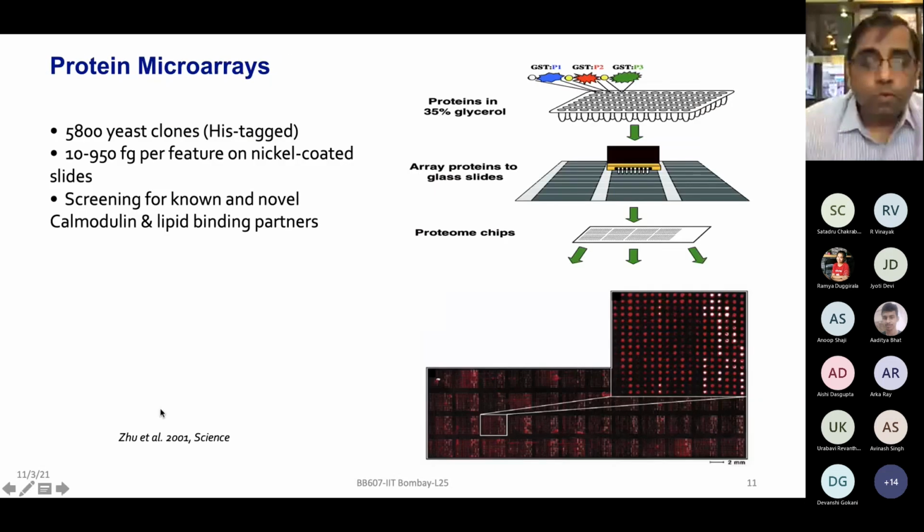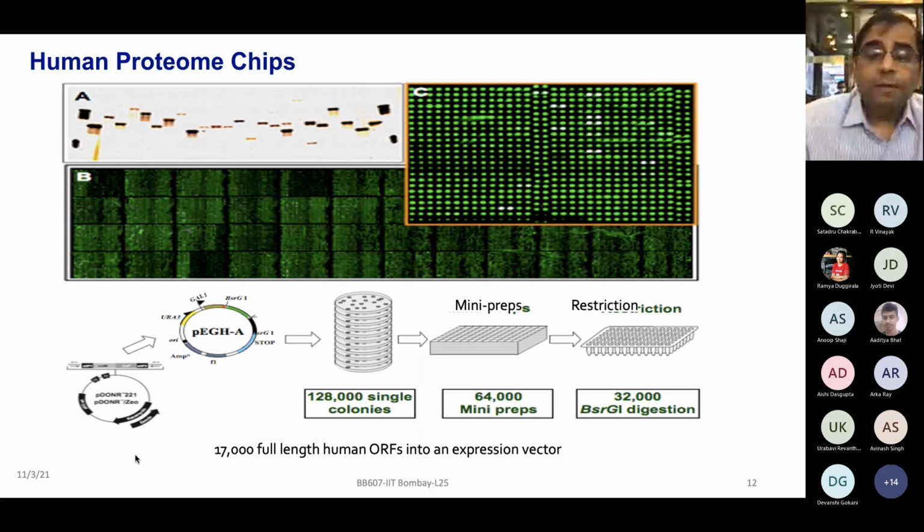Eventually, Heng Yu, who was the postdoc in Mike Schneider's lab at that time, became an independent investigator and carried this work forward, and now he's at Johns Hopkins. He then developed the human proteome arrays, which means his lab purified thousands of human proteins, which is not an easy task. If you have done some molecular biology work, you will confirm that even purifying one or two proteins is not straightforward. In this case, he was purifying thousands of proteins. Finally, they purified 17,000 human proteins.